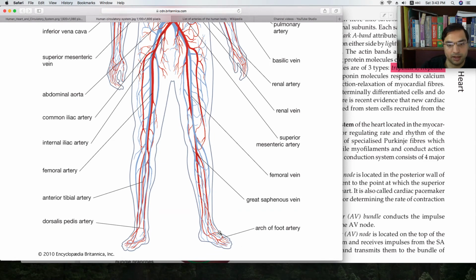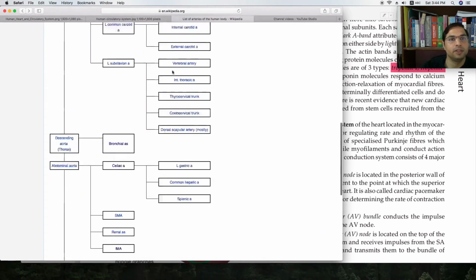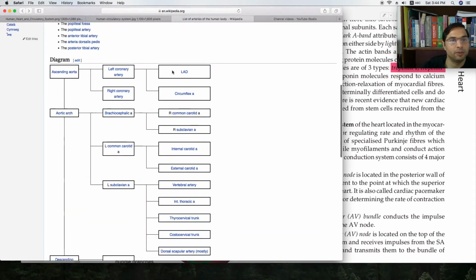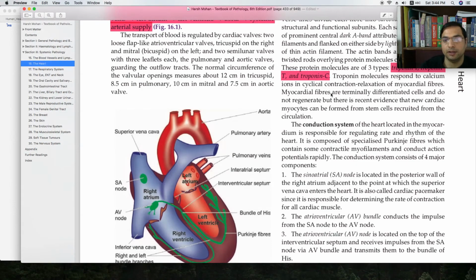So at the upper level, it is the dorsalis pedis artery, and at the posterior side, at the back side of the medial malleolus, right? At the back side of the ankle, it is the posterior tibial artery, right? So these are the few arteries. You can find them on the Wikipedia website, and you should remember what is where. So let us get back to the heart.